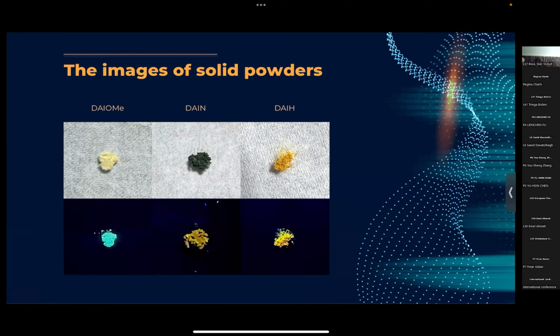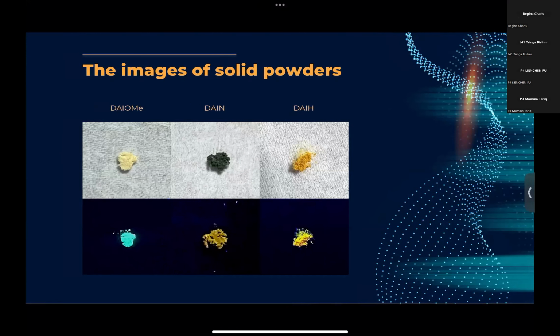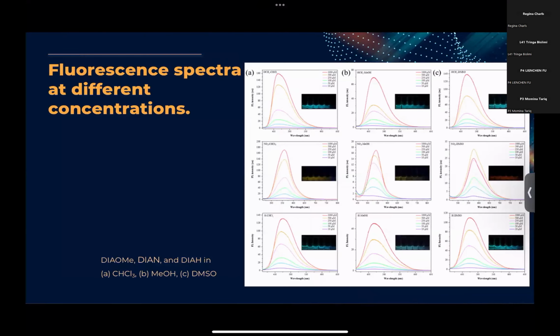Under UV lamp, both DIAN and DIAH exhibit intense fluorescence, emphasizing the solid-state nature of their features. This observation has sparked our interest, leading us to initiate a thorough investigation aimed at gaining deeper insights into the fluorescence characteristics exhibited by these compounds.